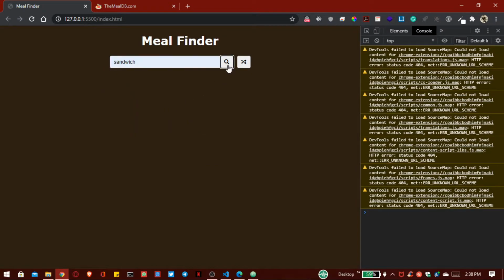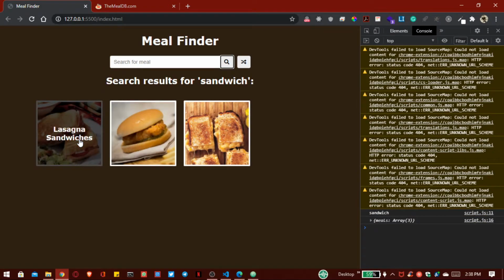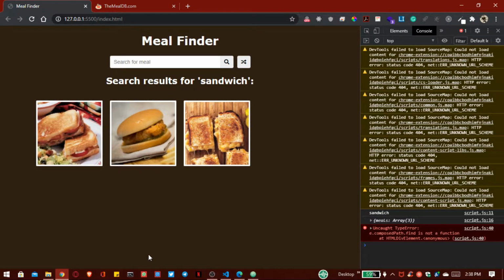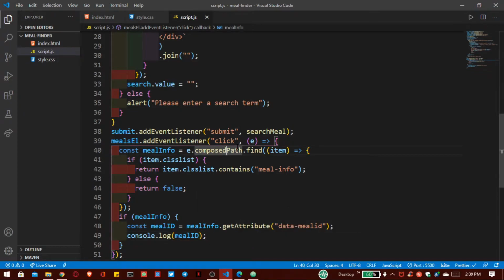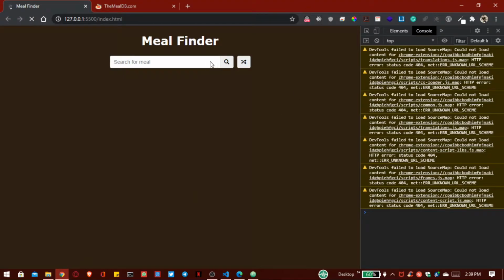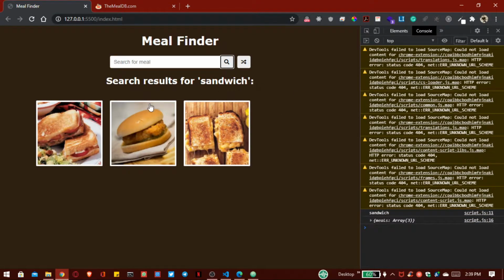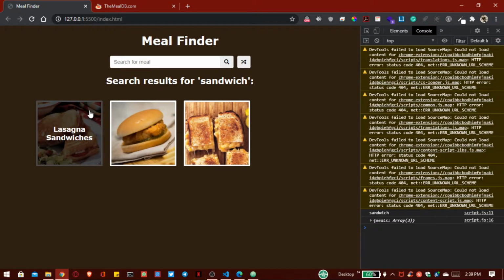Search here for anything, and whenever I click on this particular image, you can see first there is an error. So let's solve this first. Here our function is e.path.find. So now let's save this and search anything here, and now click on this.